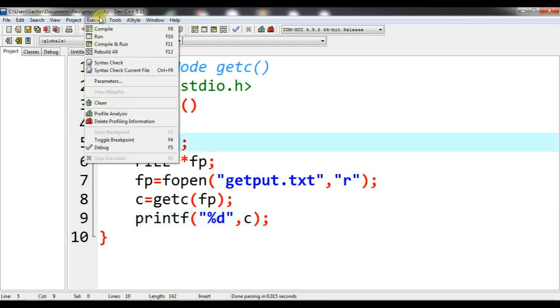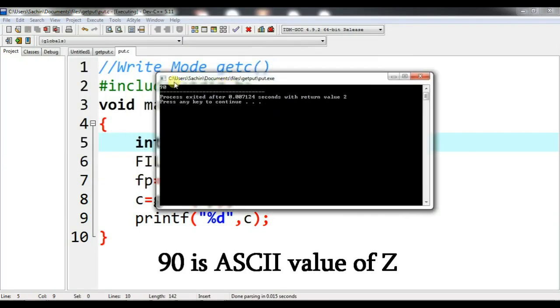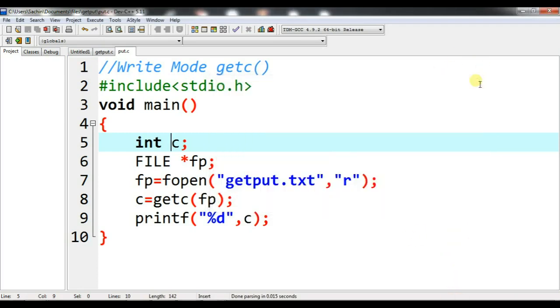Let me check the output. See here, the output 90 has been displayed. This is the ASCII value of z, not a garbage value. So what is getc? It takes a single character at a time and it will be printed.